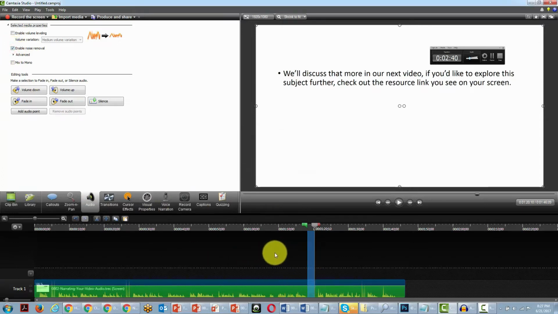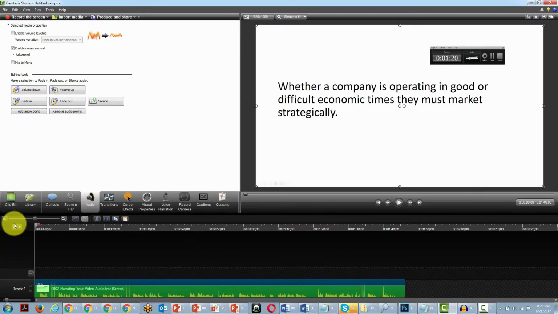Whatever the noise removal process is for your particular software, you just want to do a basic noise removal process of whatever background noise is in there. So you pick some area where there's nothing going on, no talking, and then you substitute that area for the rest of the audio. So now that that is done, we're going to go back here to the beginning of